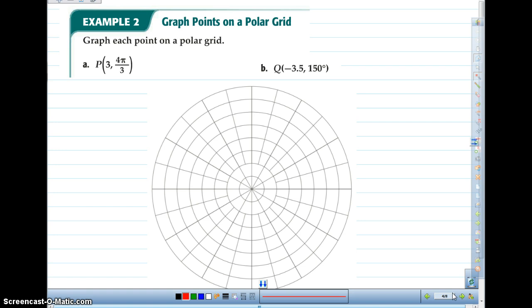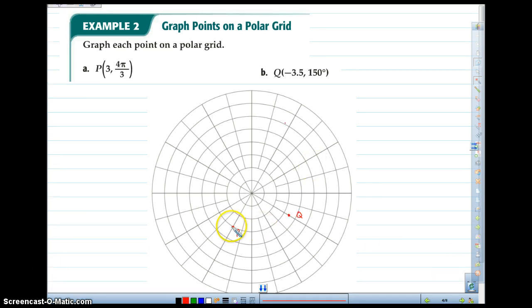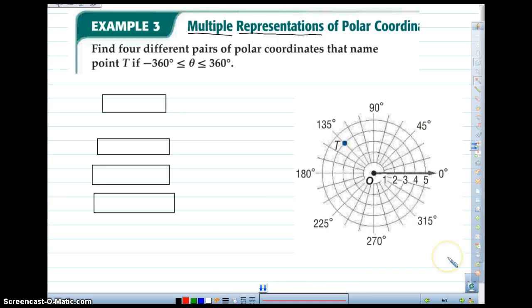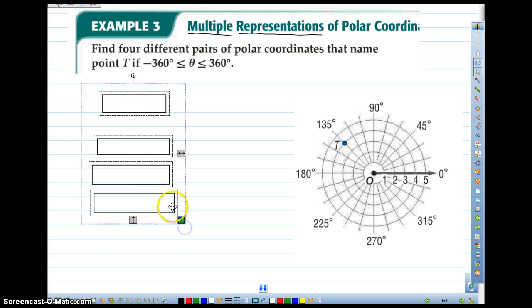Here are a few more examples you can do for practice. Okay, if you plotted those correctly, this would be your location for P and for Q. Okay, the last thing we're going to do before we finish off this section is practice